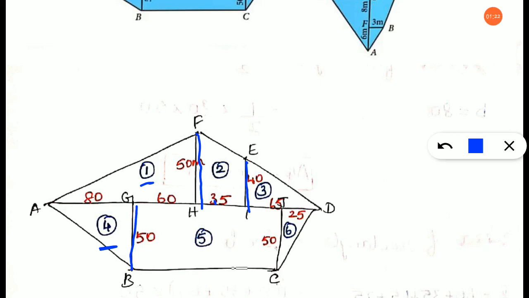So how many formulas do you need? Triangle is there, trapezium is there, rectangle is there. So 3 formulas are going to be involved. This might look like a bigger sum, but it is very simple. If you learn the concept, you can solve these types of sums happily. Really, you will enjoy these sums, children. So, shall we start to solve?